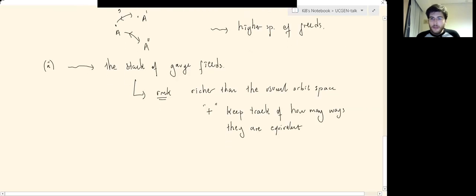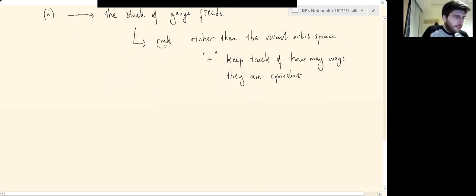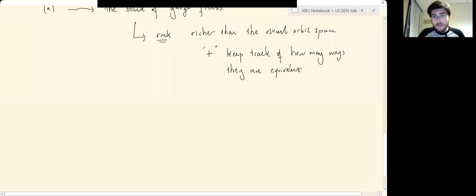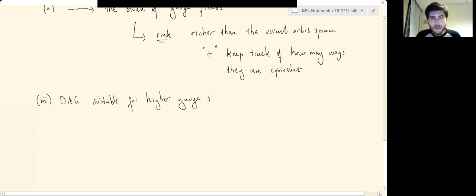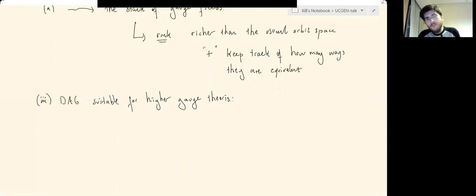Okay. And what else? Maybe a final remark is you can use these ideas to study higher gauge theories. So this derived algebraic geometry language is suitable for higher gauge theories. What does it mean? The meaning is now you have enough structure to introduce, for instance, gauge transformations between gauge